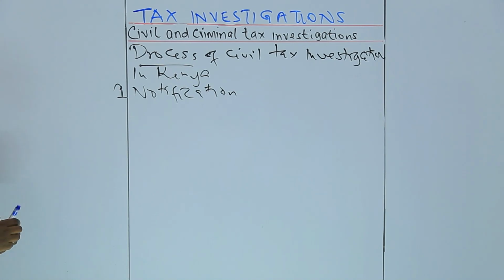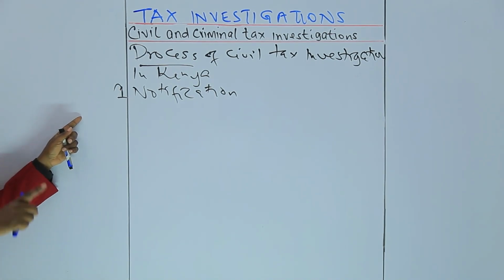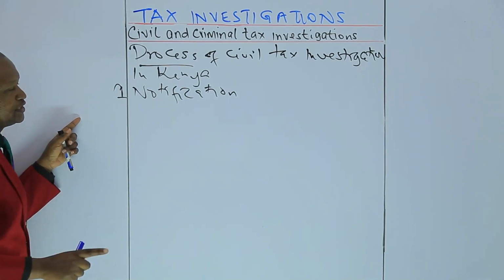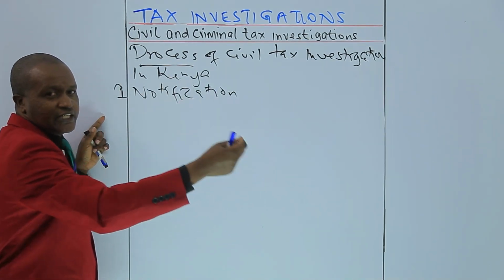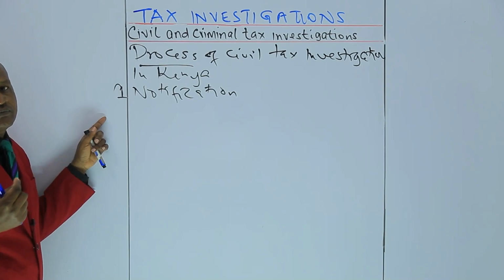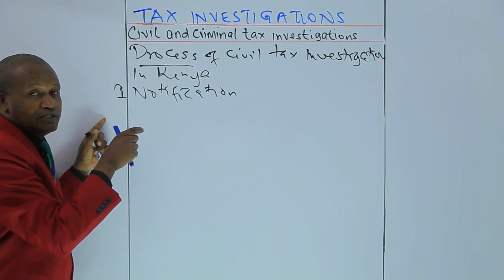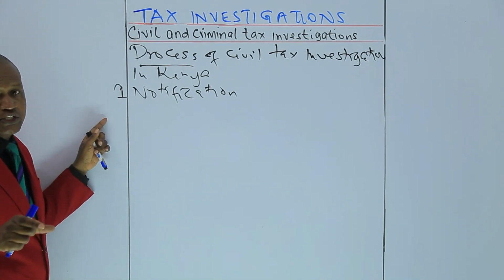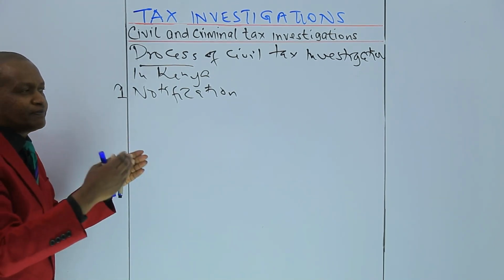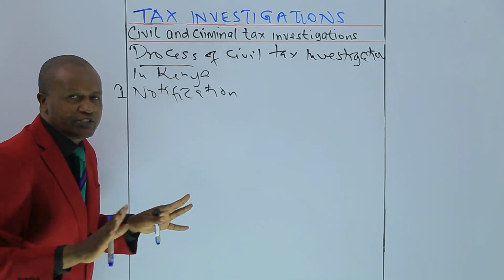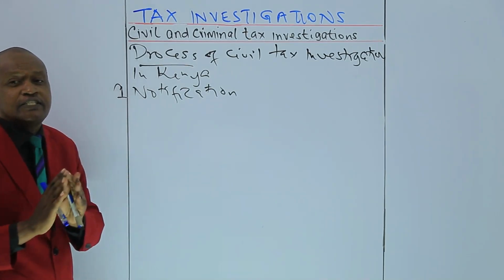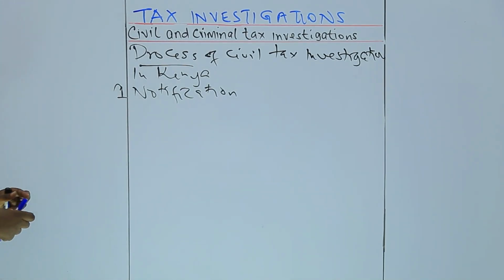Before the tax authority carries out the investigation, first of all, the authority notifies the taxpayer of the intended investigation. The Revenue Authority also provides the taxpayer with a brief explanation for the reason for the investigation. Then the second